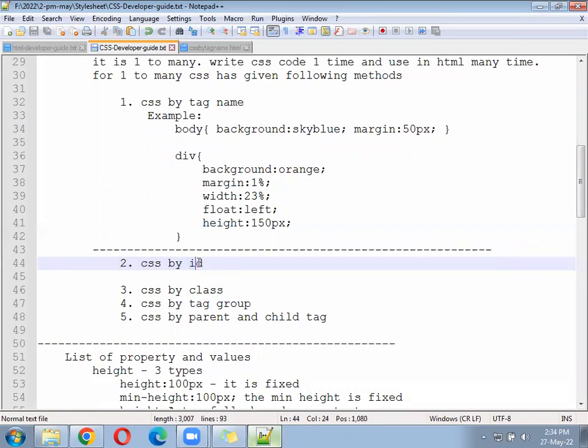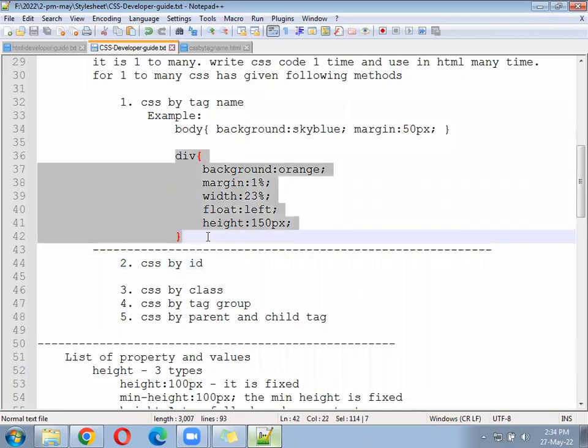Okay. So now the problem is in one page, if you want 10 division and all divisions should not look similar, then this method will not help you. The CSS by tag name will not help us. Conflict will happen. All division will look similar, but our requirement will say it should look different. See, here you cannot say it is not working. It is working, but output is different. Okay. Next,